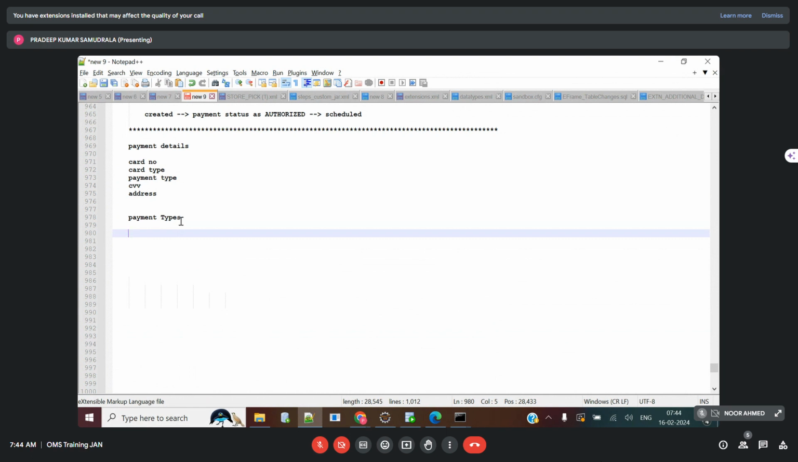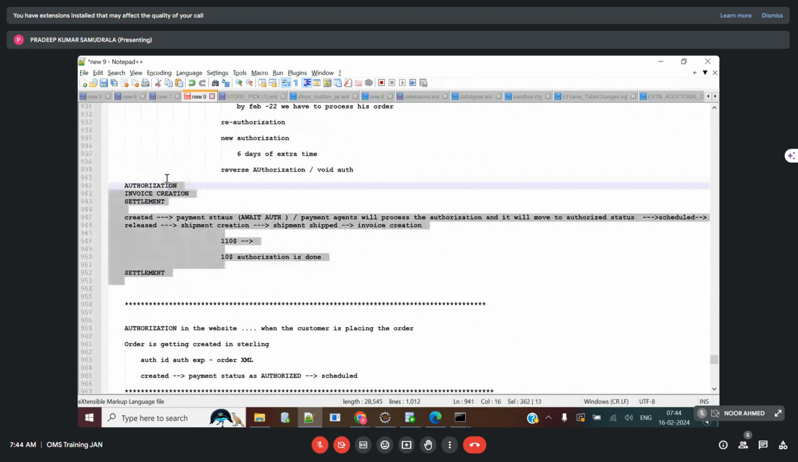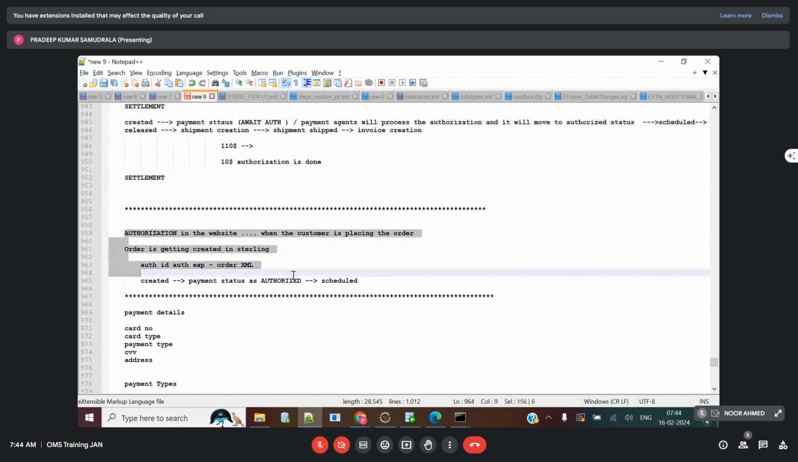When the payment is processing, we were just telling that authorization is needed and authorization has to be done before scheduling, and reauthorization is needed, reverse authorization is needed. That is in the first scenario. In the second scenario, what are we telling? We don't need authorization because authorization is already done in the front end system, and I just need the settlement